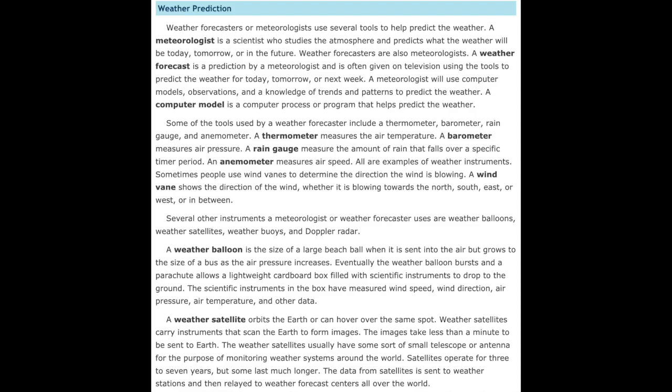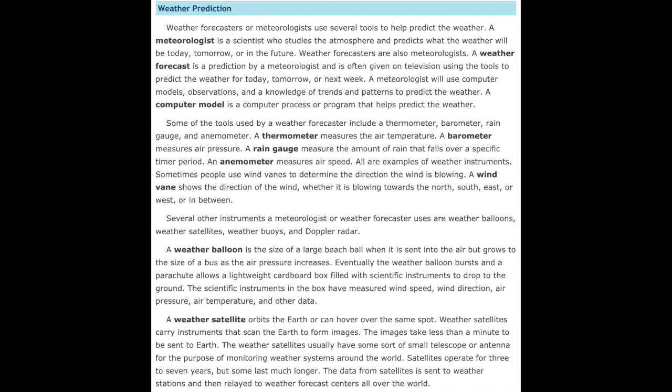A weather balloon is the size of a large beach ball when it is sent into the air, but grows to the size of a bus as the air pressure increases. Eventually, the weather balloon bursts, and a parachute allows a lightweight cardboard box filled with scientific instruments to drop to the ground. The scientific instruments in the box have measured wind speed, wind direction, air pressure, air temperature, and other